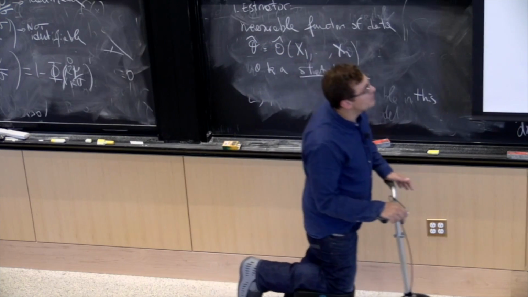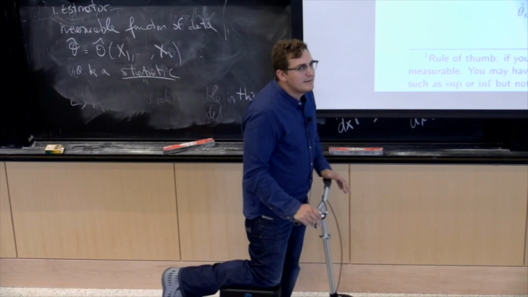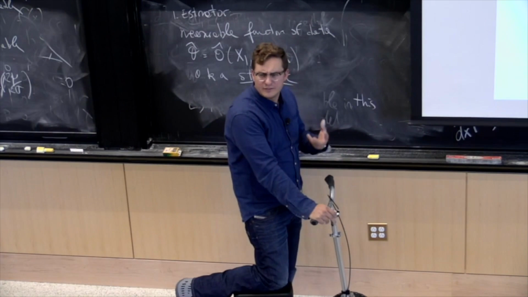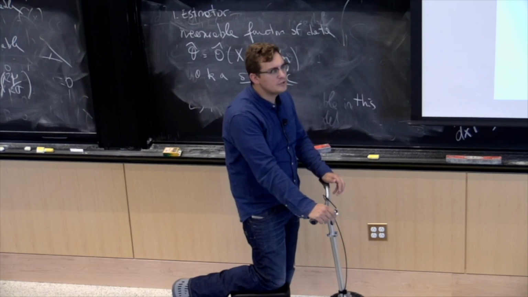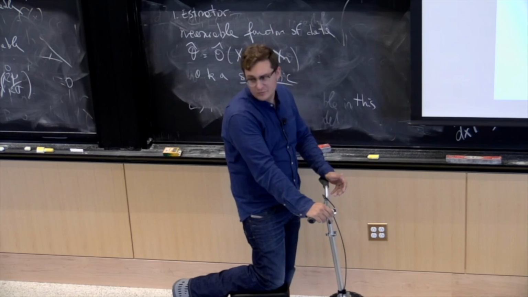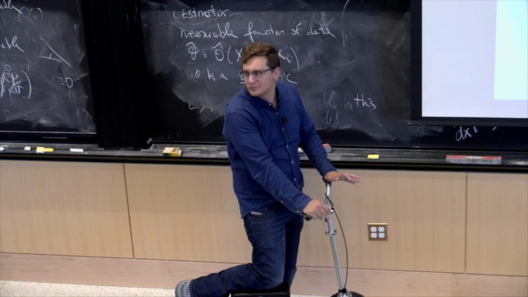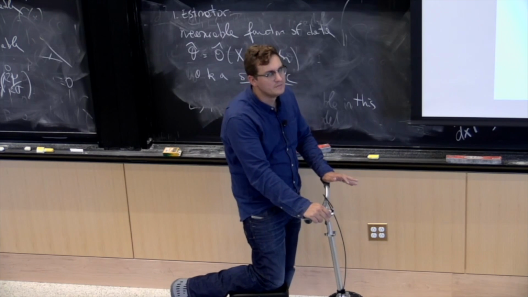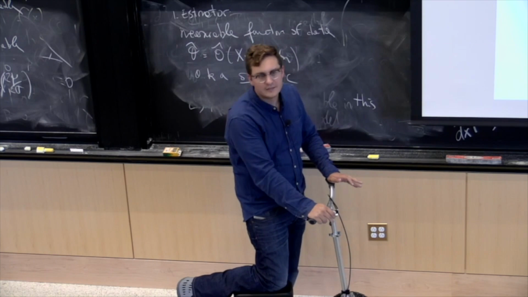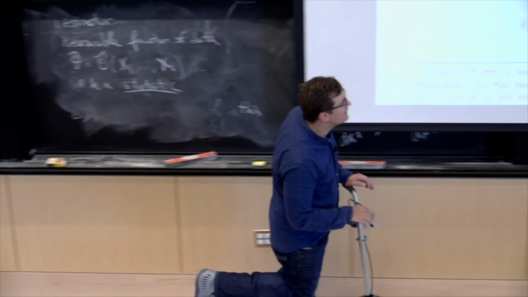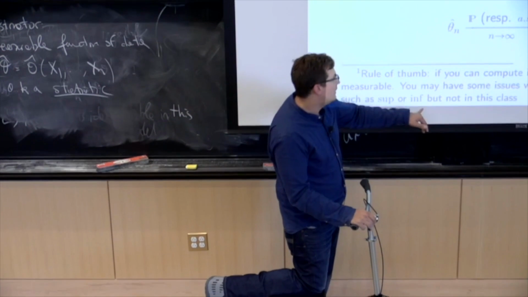Now, when I say measurable, graduate students sometimes ask me, how do I know if this estimator is measurable or not? And usually my answer is, well, if I give you data, can you compute it? And they say, yeah. I'm like, well, then it's measurable. That's a very good rule to check if something is actually measurable. When is this thing not measurable? It's when it's implicitly defined. Okay, and in particular, the things that can give you problems are